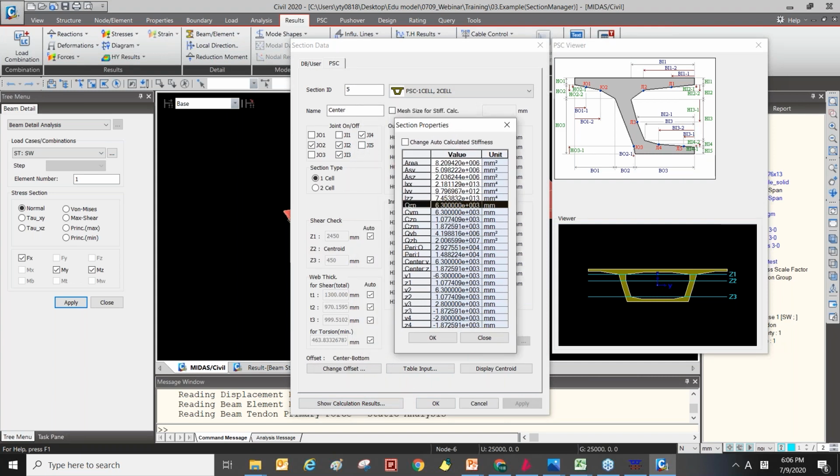So you can see the CYP and CZP like this. So CYP can be the y-axis positive direction, the distance between the central point and this side.